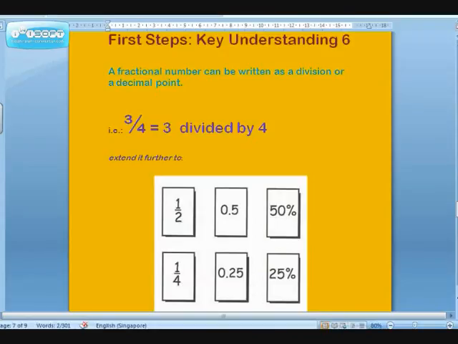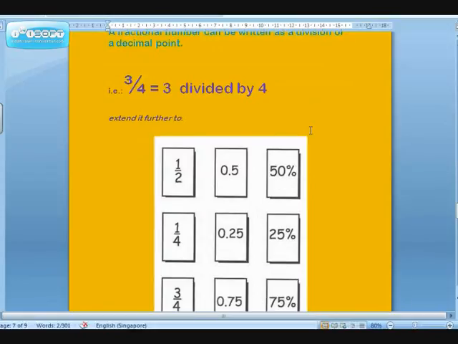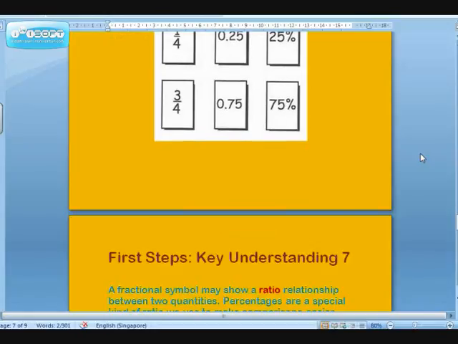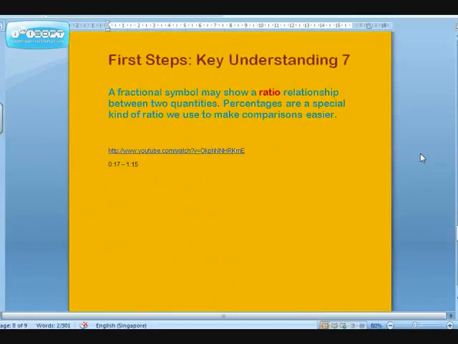Key understanding area 6 relays that a fractional number can be written as a division or a decimal, i.e. 3/4 equals 3 divided by 4. You can extend this further to half being 0.5 or 50%, a quarter being 0.25 or 25%, and 3/4 being 0.75 or 75%. Key understanding area 7, which is the last one, relays that a fractional symbol may show a